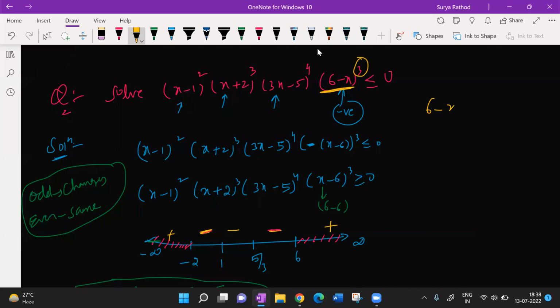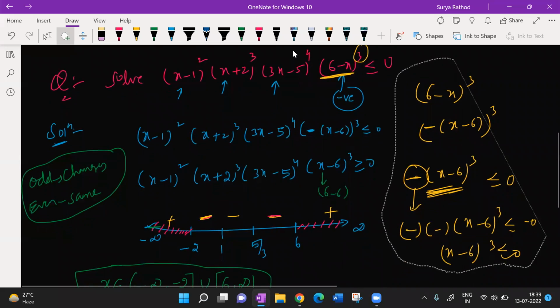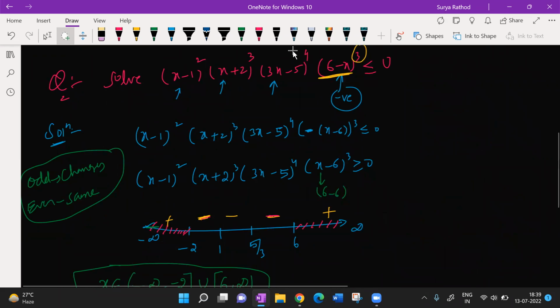Here 6 minus x whole cube you have. If I take minus common, x minus 6, it becomes like this: minus to the power of cube, minus into minus, plus, plus into minus, minus, again minus only. So I will be left with minus here. To remove this minus, I'll be multiplying with minus on both sides. So I had something like this, right? If I multiply with minus on both sides, what happens? Minus into minus, minus 0, right? Minus into minus what? Plus. Yes. Whenever you multiply with minus on either side, the inequality always changes. Here I changed the inequality just because of the odd power. Power is odd.